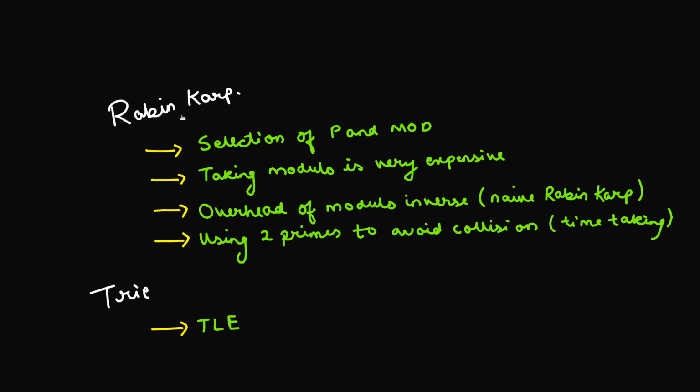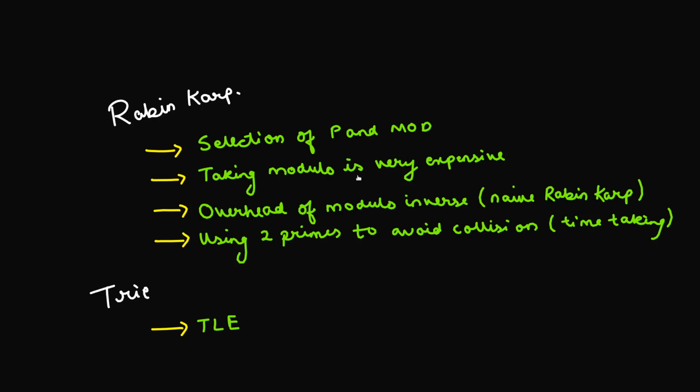Next, what I'll be doing is jumping to the code section, and we'll be seeing what kind of Rabin-Karp technique we can apply so that this selection of P and mod also makes sense. We don't even have to take modulo. That's a really fantastic thing. If you know that technique, then you can actually save a lot in terms of time limit. Okay, so I'll be showing you a technique in which you don't have to take modulo at all.